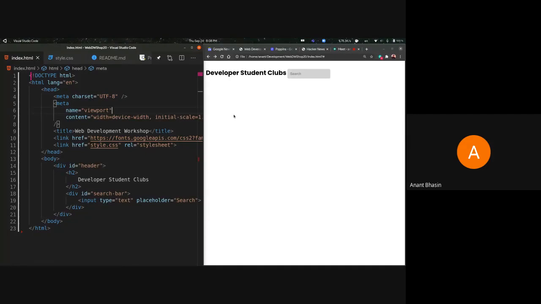Sometimes the browser saves the files in its memory so that it does not have to fetch the static files again and again. To force it to get the file from the actual source, just press Ctrl Shift R, and that will force it to reload all of the files and not take anything from its memory.